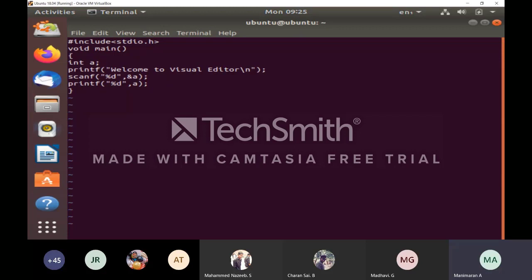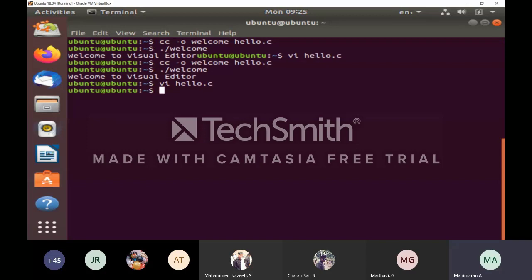When you practice, then only you come to know, because here nothing will work except commands. We have to use everything by command only. So now everything is okay. Now we can save this file. Okay, now we'll check it.